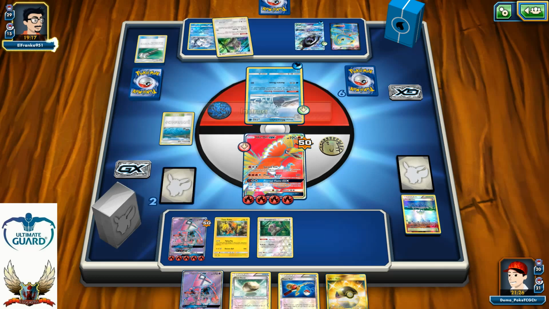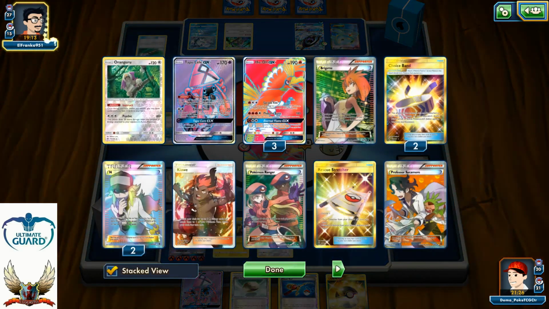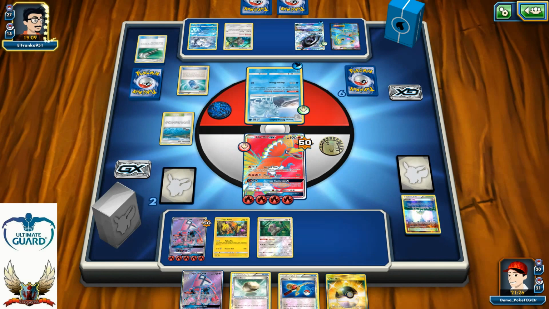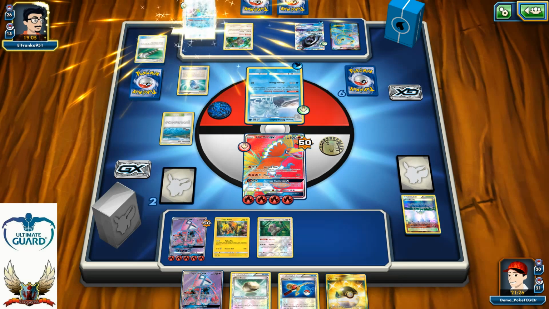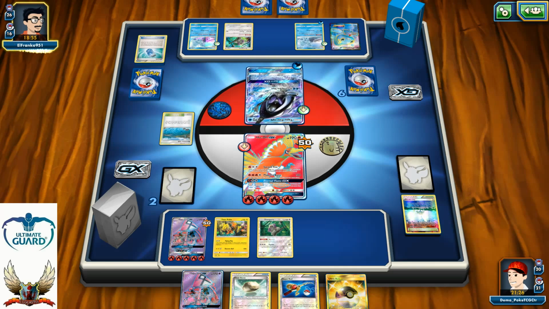Okay, so there is a Brooklet Hill. 1 Instruct. Okay, 1 more Instruct for my opponent. 1 Evo Soda for another Ninetales. So I just need to take 2 more prize cards and the game for my opponent is over. He has that Manaphy, which is very vulnerable right now. So I just need either an energy or Choice Band and the game is...